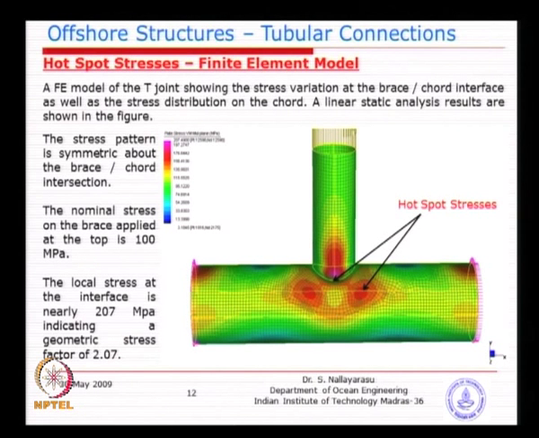So, what we understand from here, when I apply 100 megapascal at the top of the brace, which is basically nothing but load divided by your area, because you know the load on the member, you divide by the area, you get 100 megapascal, which has become 200 something megapascal at the junction, purely because of the change in geometry. From a vertical pipe it becomes a horizontal pipe carrying the load. So, that is called hotspot stress or stress concentration, several terms we can use, basically nothing but the stress produced here. The 207 is not uniform throughout, it is going to be maximum at one place and lesser elsewhere.